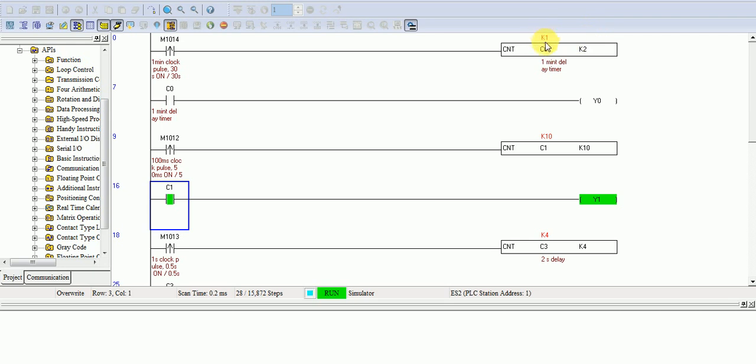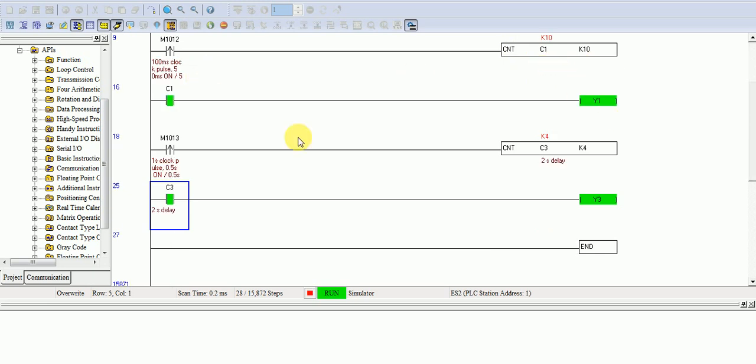Now you can see K1, and after 30 more seconds it will be K2 equal and give the output here, and your output will be on. It will give a 1 minute delay time. And here you can see the 2 second K4 equal, and it turns on after 2 seconds.